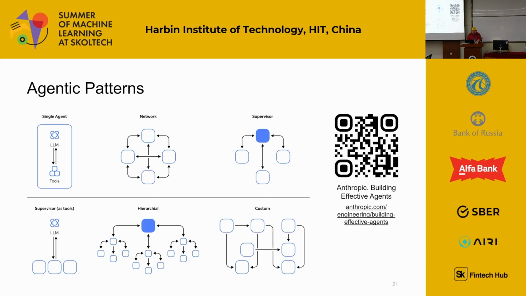Let me see if I have some beautiful slides. Yes. So in this system, you can see that the communication between agents is kind of hard-coded. We define the graph explicitly, which is good because we control what happens. Nothing can go wrong because we can only go from one node of the graph to another.